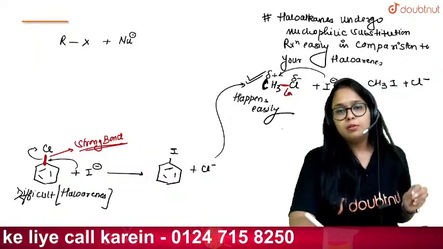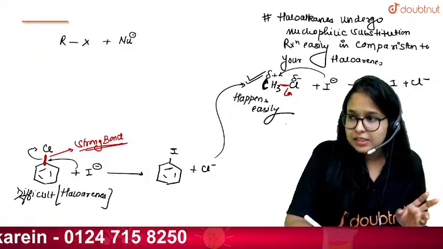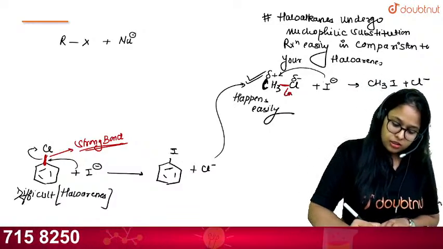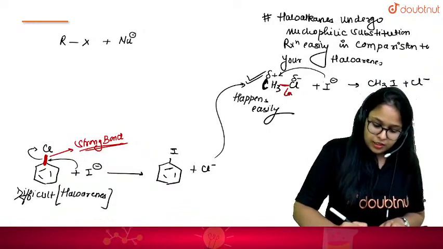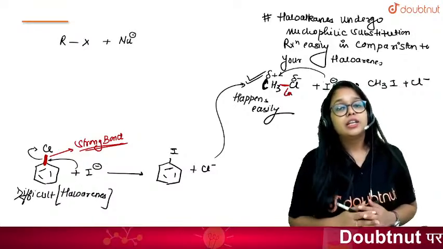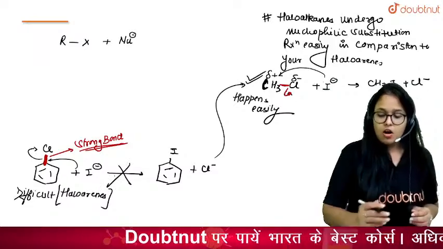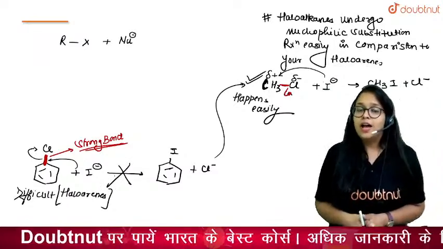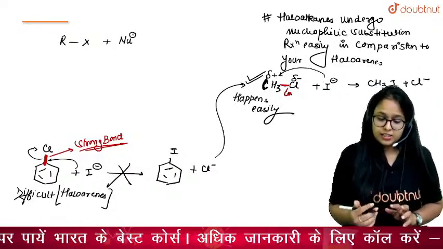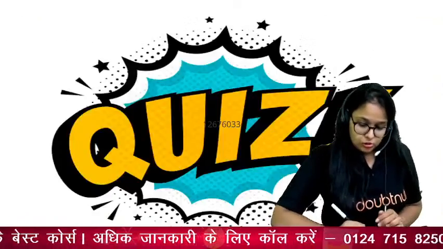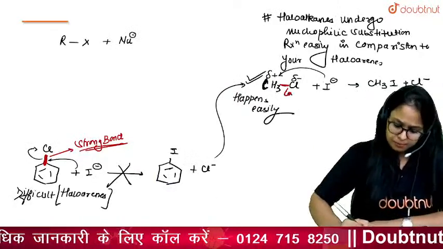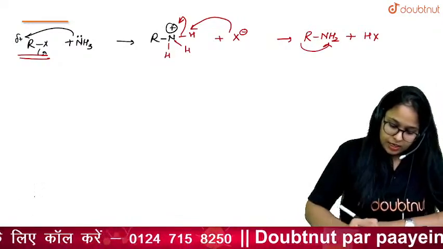This bond was easy to break. It breaks down and substitution reaction happens easily. But if I talk about this bond between chlorine and the benzene ring, this is a strong bond. It cannot be easily broken, and hence substitution reaction is not easily observed in your haloarenes. Now let's understand why this is a stronger bond. The simple reason behind that is in haloarenes